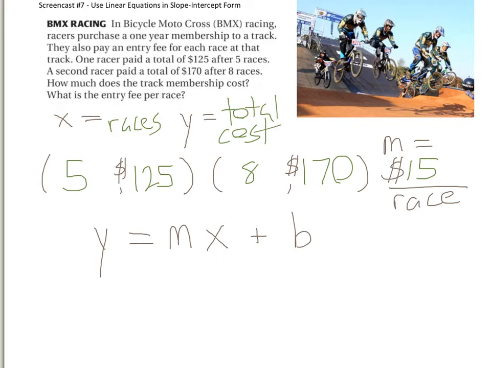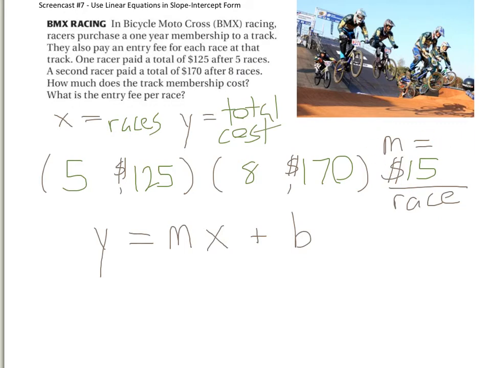Thus, if I raced once, that's $15 times 1. If I race twice, that's $15 times 2. 3 times is $15 times 3. 4 is 15 times 4. You see where this is going. I say this in class quite often. Thus, if we race for some unknown X number of races, that's $15 times X, which is why our slope,